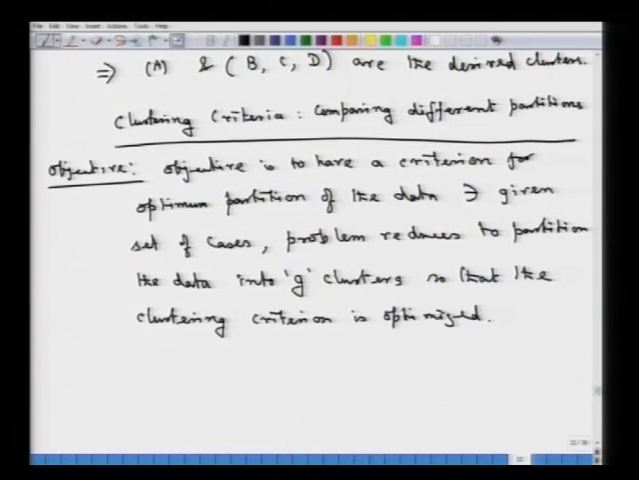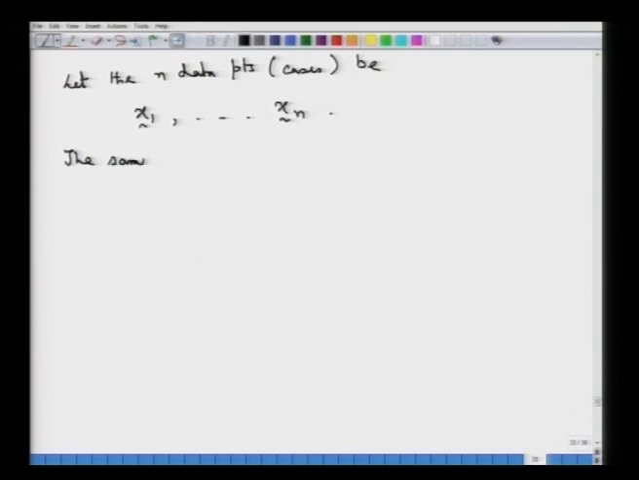Right. So, that is the basic objective of this particular analysis. Now, let there be n data points, let the n data points, these cases, be given by say x 1, x 2 and x n. Right. Now, given this particular data, the sample variance covariance matrix,